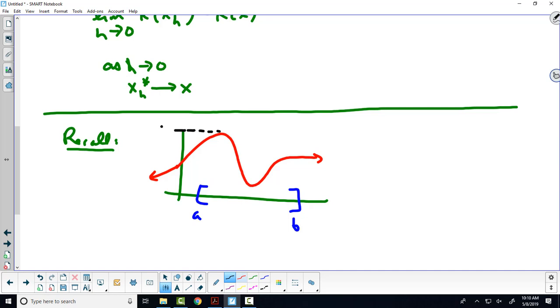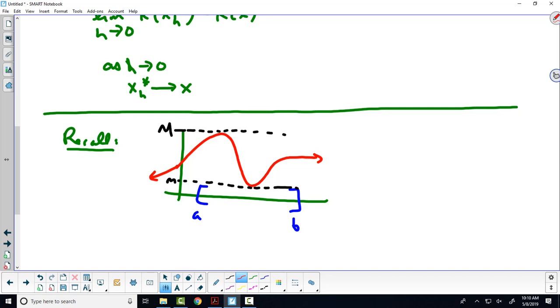Maybe right here, capital M. And it has a minimum on this interval. Maybe right here, lowercase m. Okay. And we gave a nifty little theorem about a week and a half back,